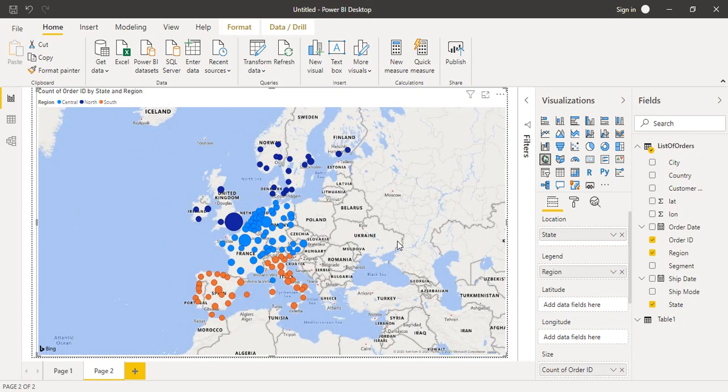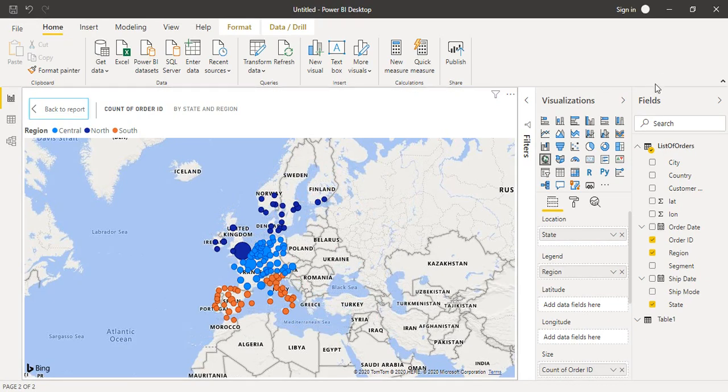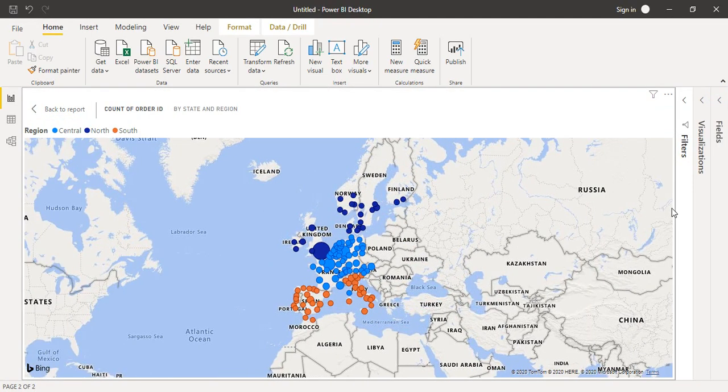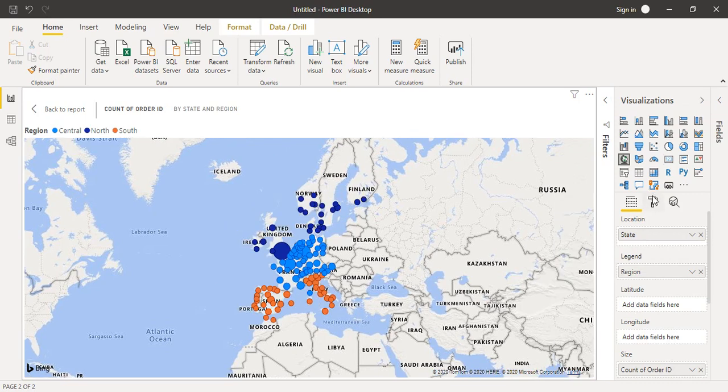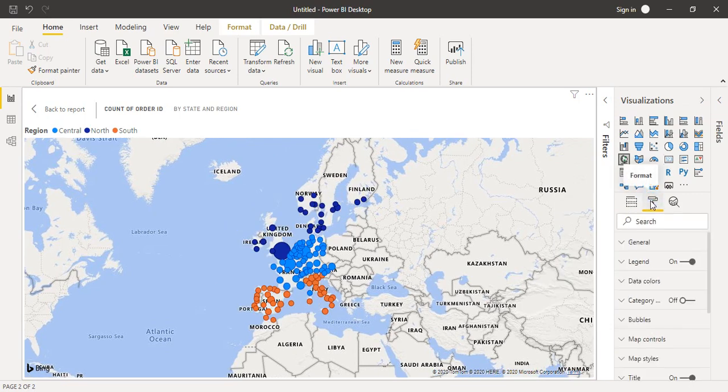So yes, state is much more accurate than city. So you can see the states over here, and if you want to have a bigger look at it, you can just go to the focus mode, and you can minimize the visualizations and the fields pane to get a better look at it. But there is actually one more thing, that is zooming. Right now it is set at the default zoom level, but what if you want to control the way the zooming occurs in the map? You can do that by using this visualizations pane and formatting the way the map looks. So you need to go to this format tab,